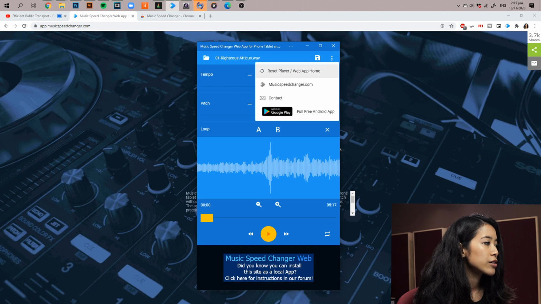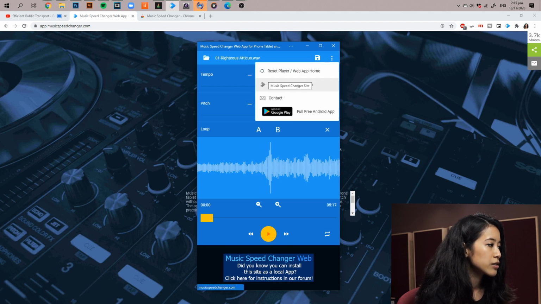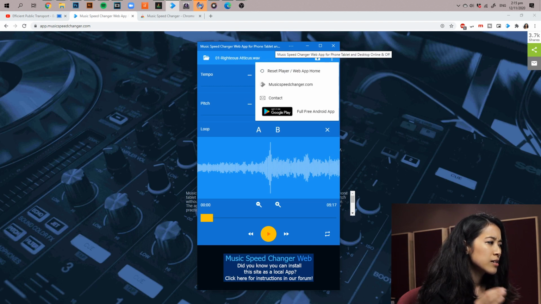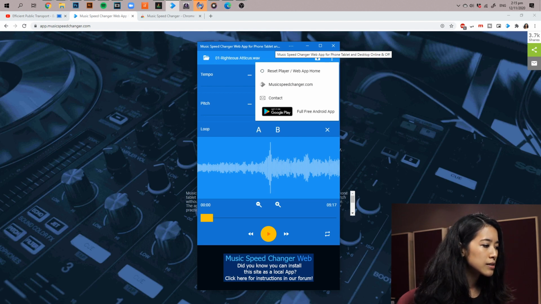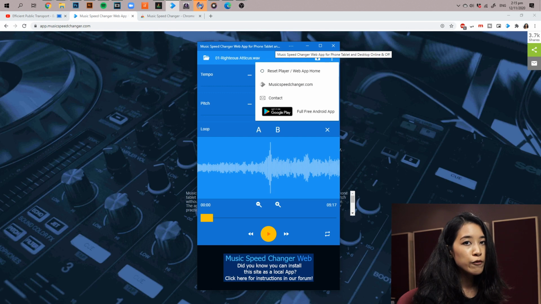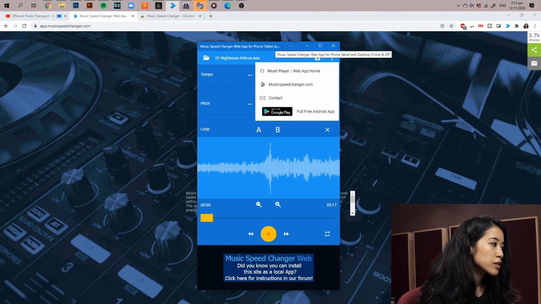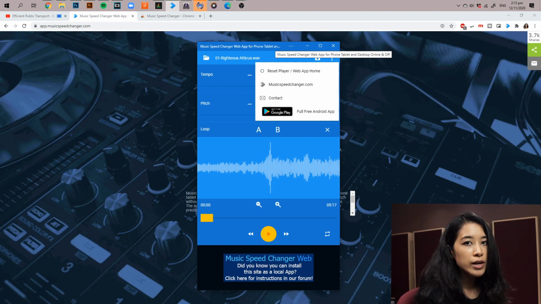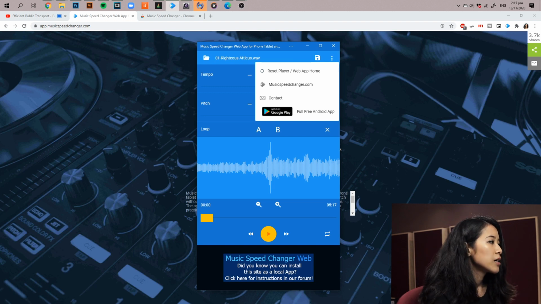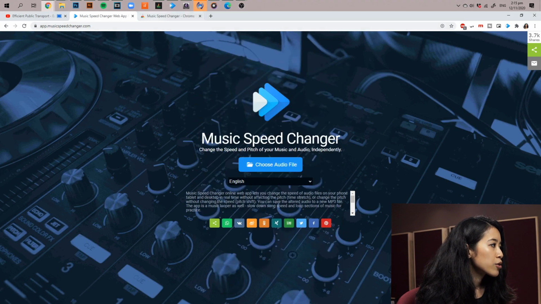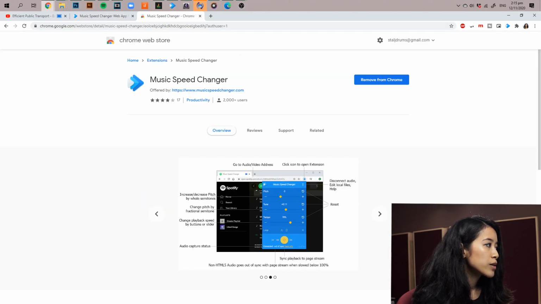You realize that there isn't the additional editor settings, but for most things, this is still pretty much all you need. So I use this when I'm practicing and I want the sound to be coming out of my desktop speakers, or if I'm transcribing a song and I'm working on the PC, it's just nice to be able to use the same device. The other thing that I find more useful is using it as a Chrome extension, which